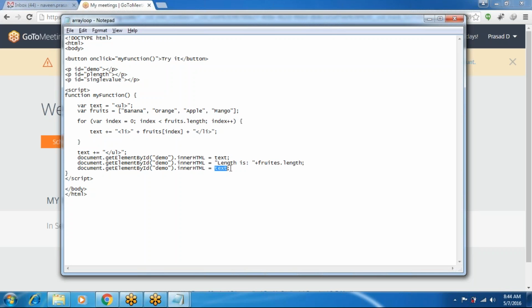and I want to display apple, only a single value, apple, so by index display fruits of second, that is fruits 0 1 2.